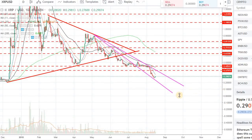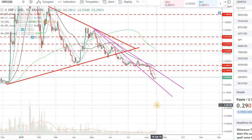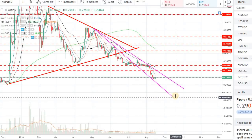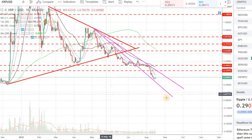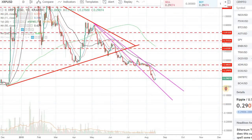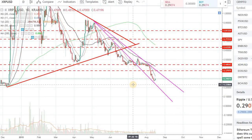more often than not. So what is the best way, if you are still interested in the fundamentals of the coin? There is nothing wrong with the fundamentals, but the selling is happening because of the overall market news or some other negative headline. That's when, if you are trying to get into the market, make sure that you go with smaller positions. Let's say you're trading up here at 40, and you got into the position at 44 cents,